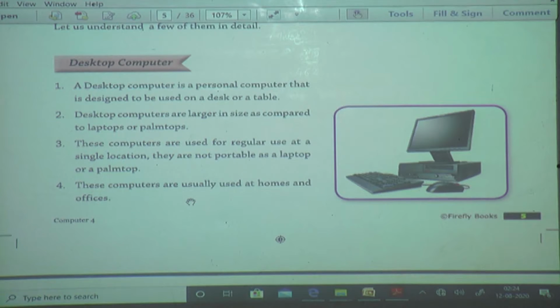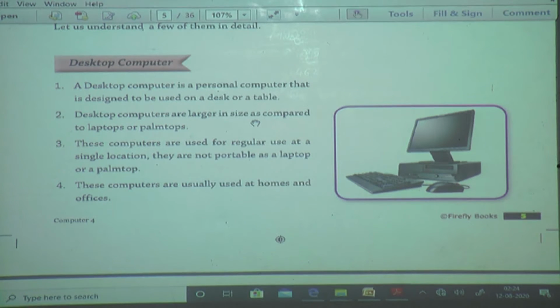This type of computer, where you can see that type of setup in the mall, in DMart, right? And like that in homes, in offices, in our school also, we are using which type of computer? Which type of computer in our computer lab? Yes, good. Desktop computer.